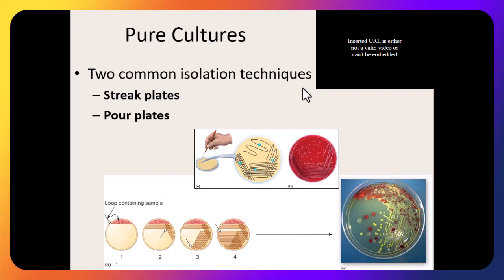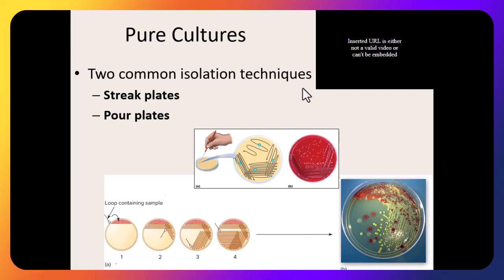Now, when we're working with a pure culture, that means all the bacteria are one species, and next week that's what you're going to get. You're either going to get E. coli or you're going to get a staph bacteria. But you're going to get a broth culture. It'll be a fluid, and it's going to have, I don't even want to estimate how many bacteria, billions of